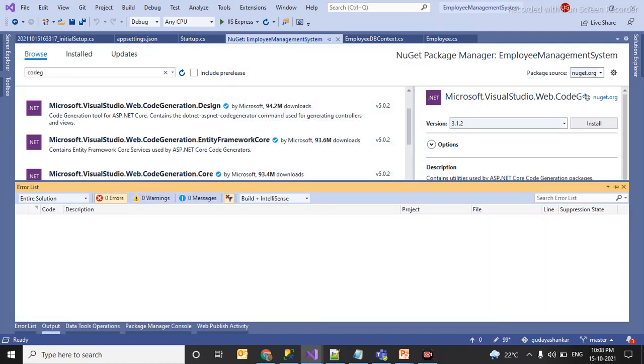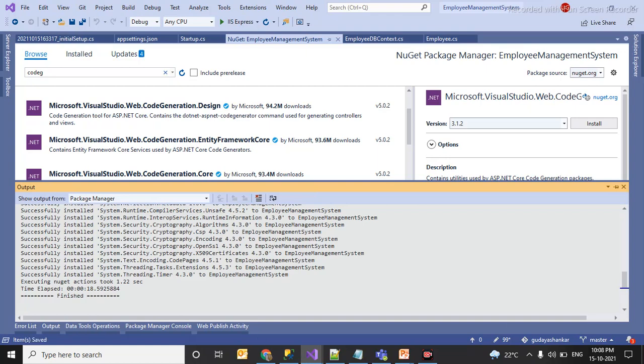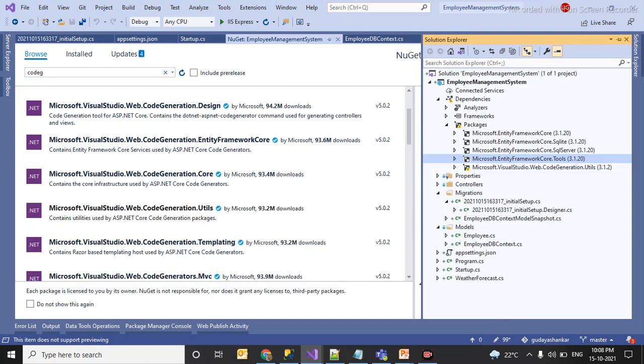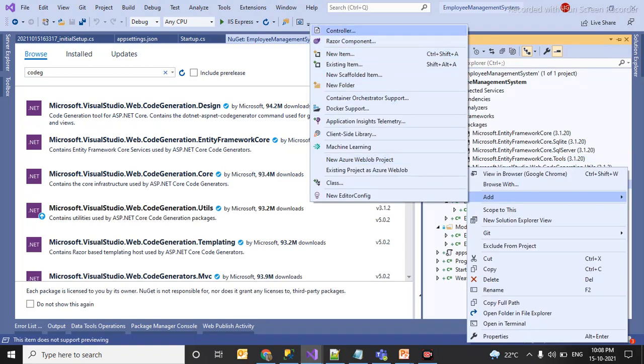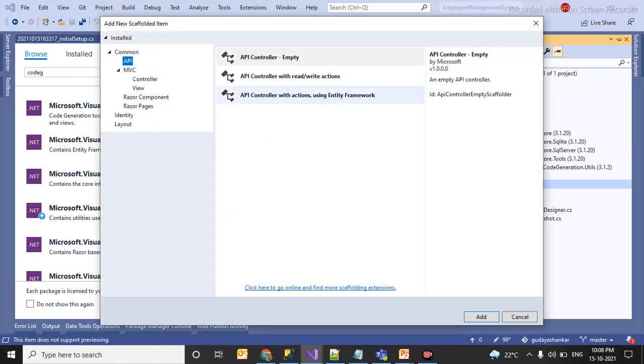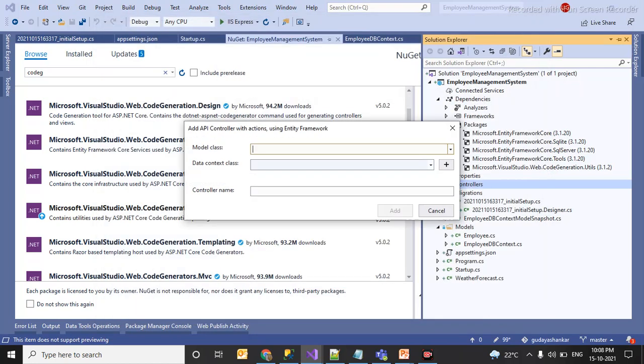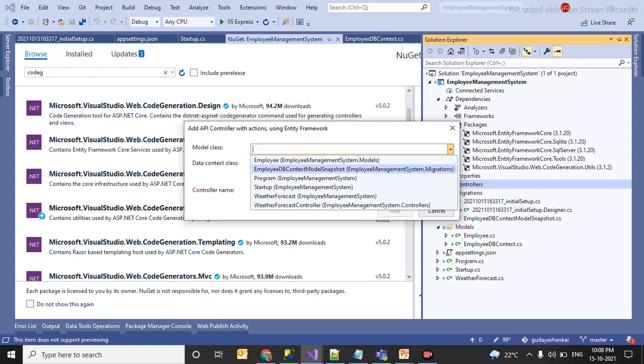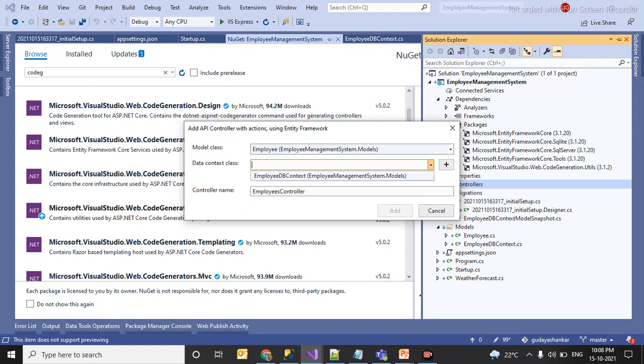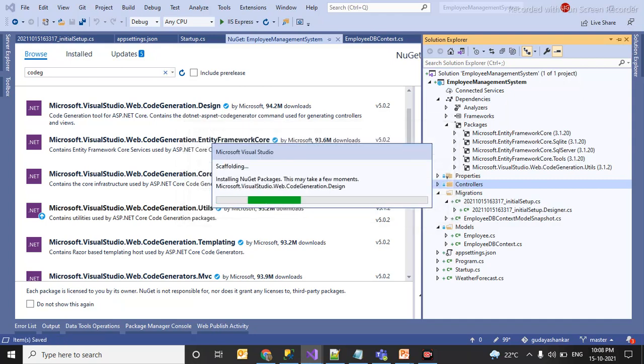Now it has been installed properly. So let me go and try now. So we have to add a controller. We have to select API using Entity Framework. We have to specify the class name here, employee. We have to select this, then